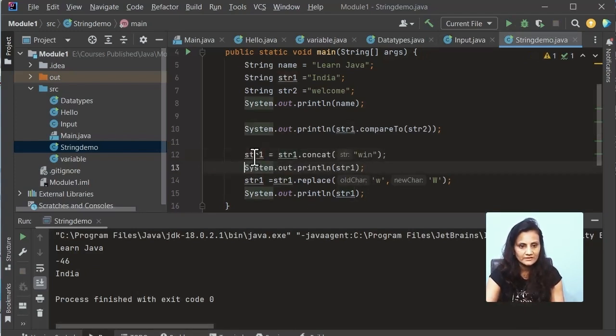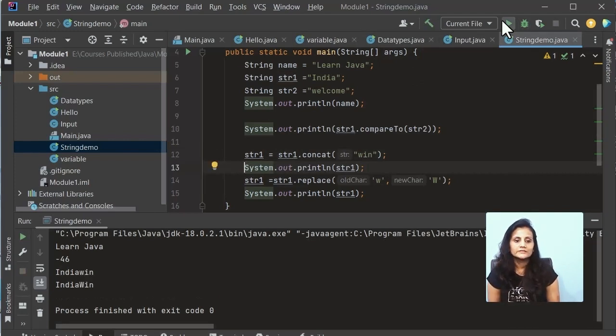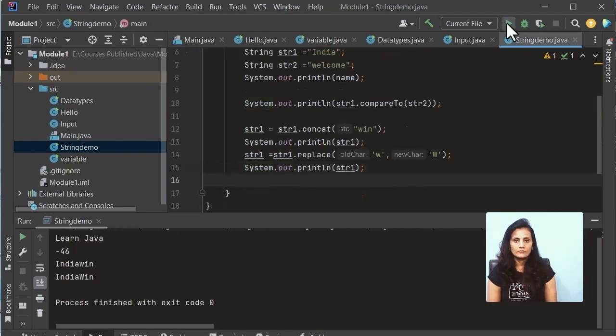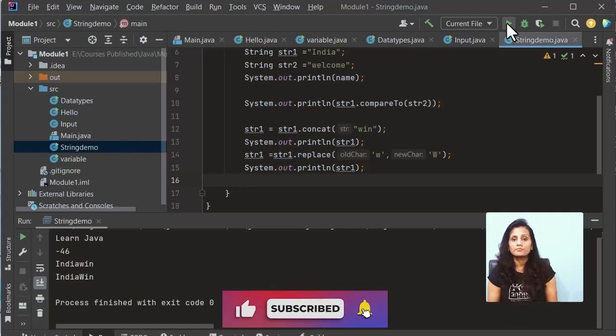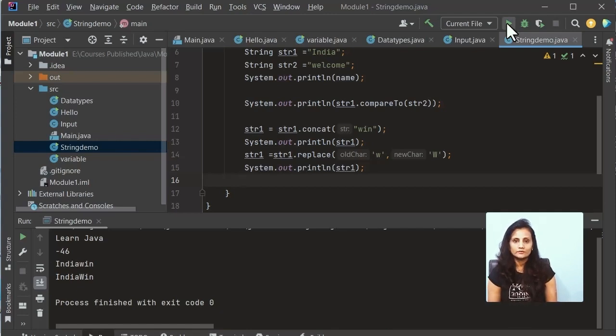So like this, Control S and again execute. So here the W now is not small, but it has been changed to capital, as we expected with the replace method. So like this, you can apply methods and make changes to the string that you want.